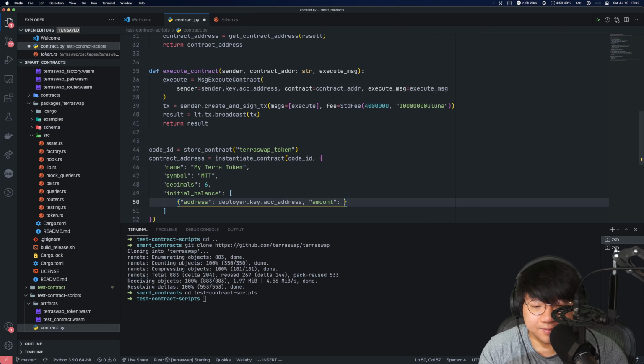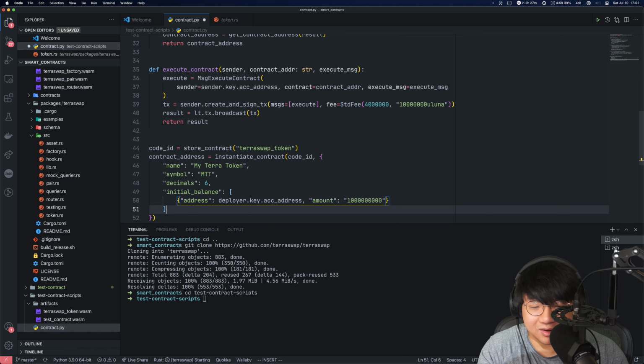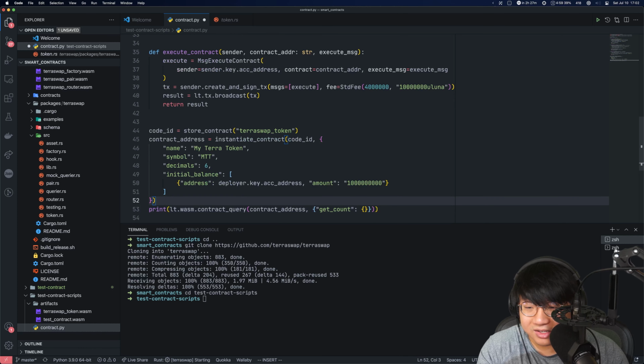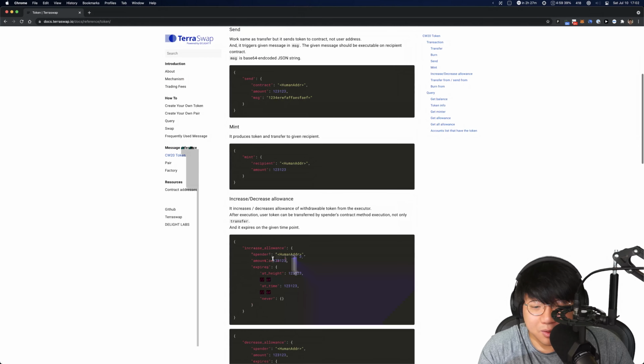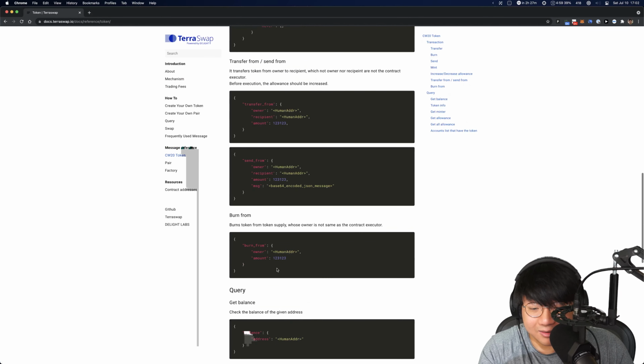Let's do 1,000, and we set the decimals to 6. So then these 6 represent 1. So this would be 1,000. Okay, so we have that contract address, and instead of get count, I believe that they had some query messages where we can query the balance.